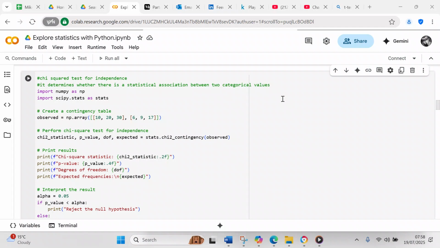In this video, what we're going to do is perform a chi-square test for independence in Python. A chi-square test for independence determines whether there is a statistical association between two categorical values. So in order to do that, the first thing we need to do is